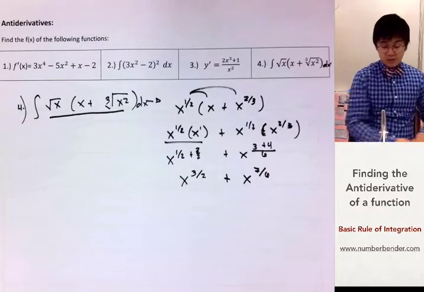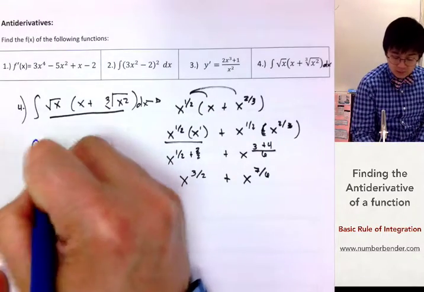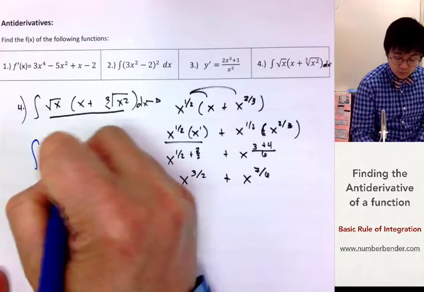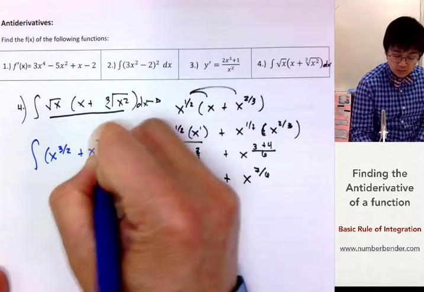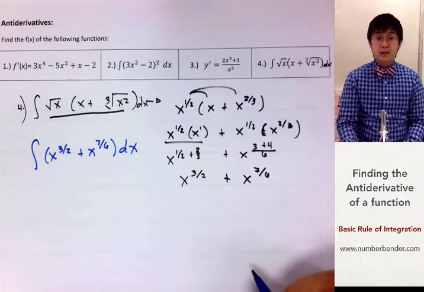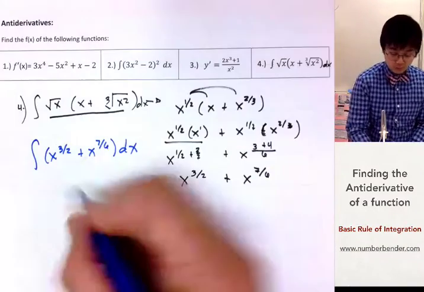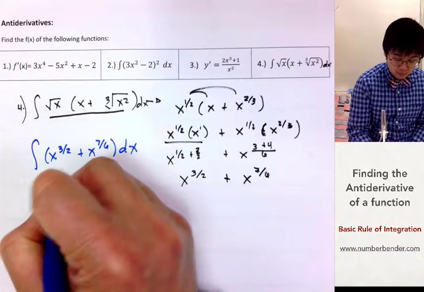Our modified function this time is the integral of x raised to 3 over 2 plus x raised to 7 over 6 dx. To take the antiderivative using the power rule,